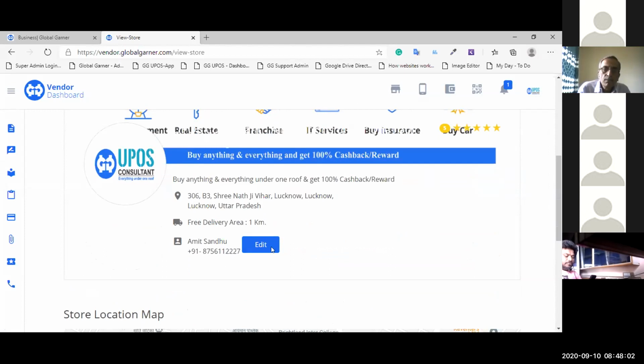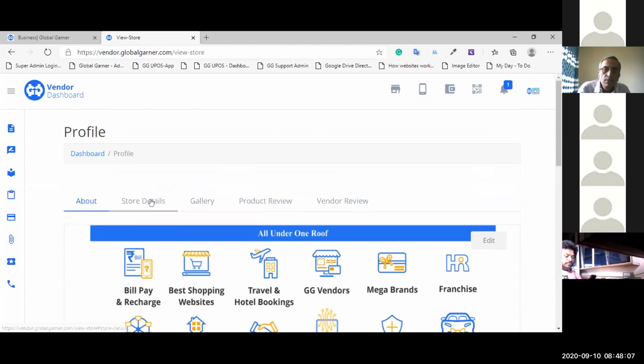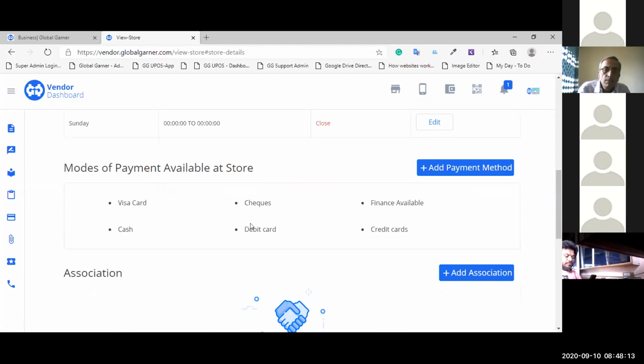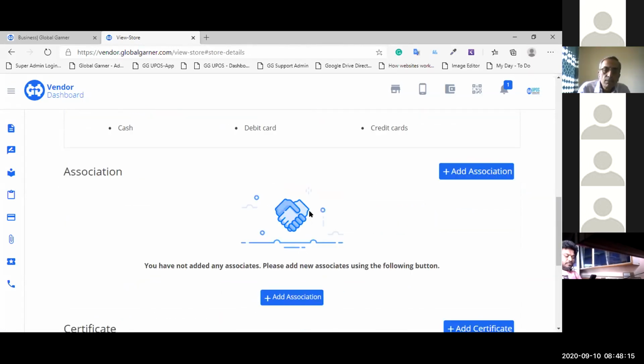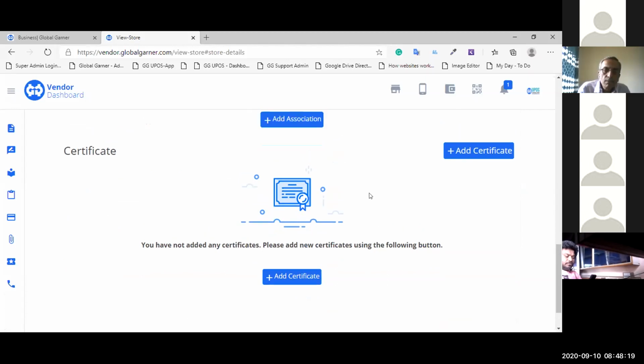You can edit your contact details, and then you can click on store details. From store details, you can update your store's opening and closing time, modes of payment that you accept, any association you have, any certificate you have. You can update all these details over here.